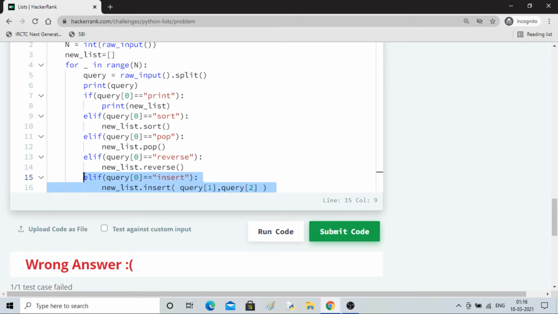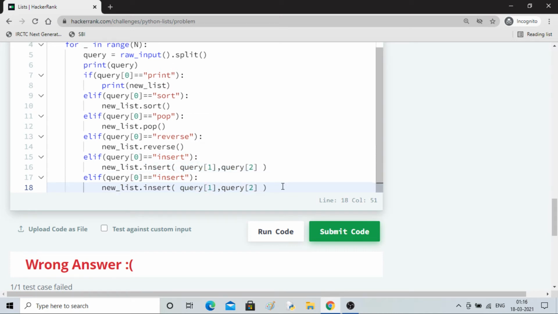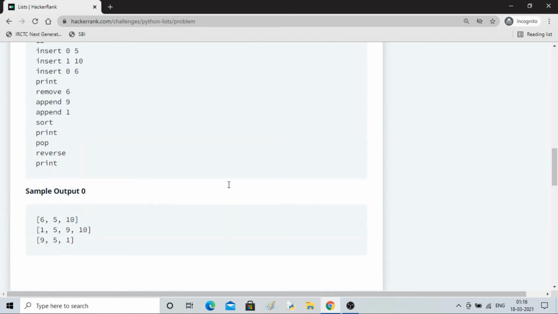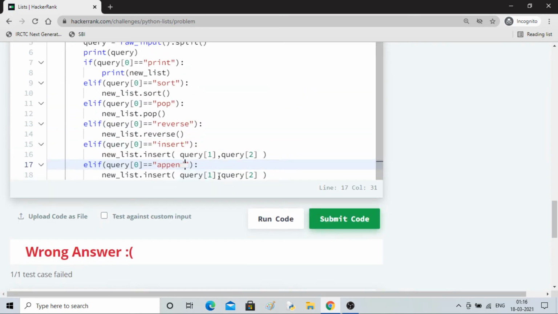Similarly, let's take append. If this is append, then only one data is extra, so query 1, and this we have to change to append.